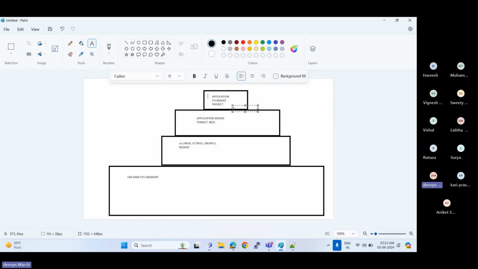So if you want to deploy a new application on the same server, what can you do? We have to stop the existing application, delete it, and deploy the new application, right? If you are making any changes to the application, a new feature or new changes included in the new WAR file, in that case we have to stop your application, delete it, and then redeploy the application, right?